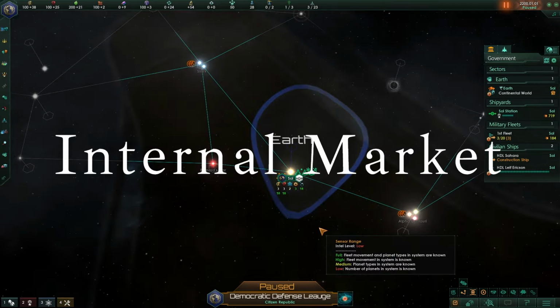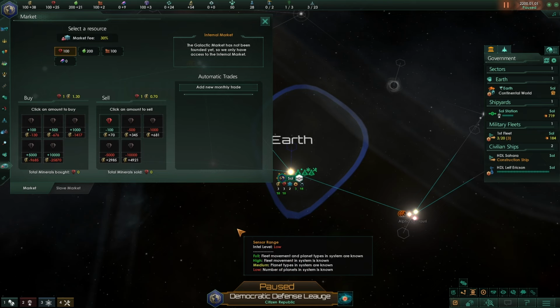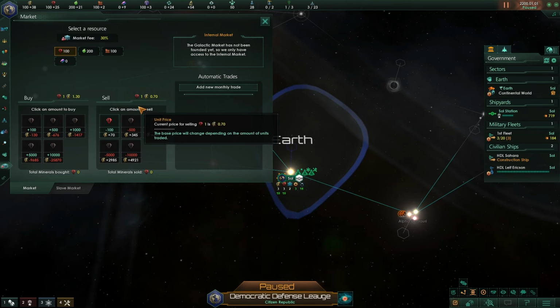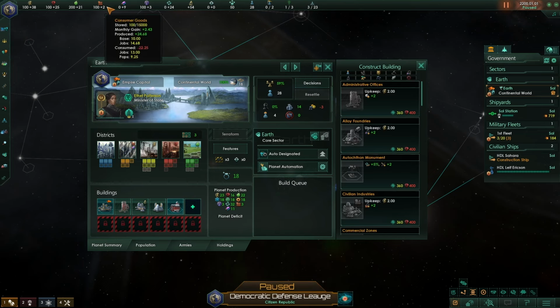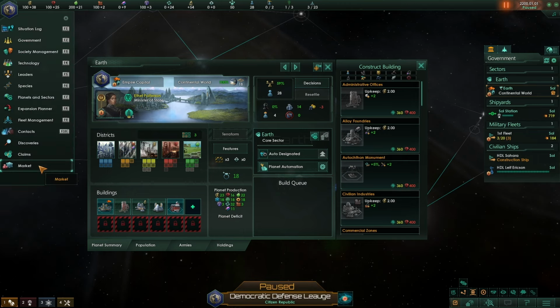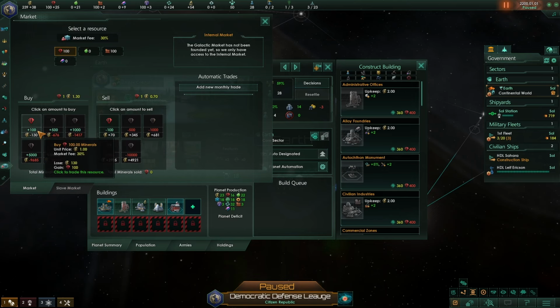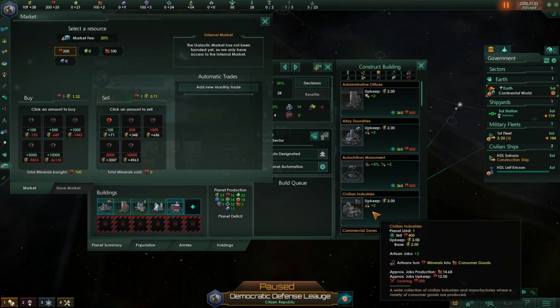The last thing you want to do is look at your internal market over here. If you have found yourself in a situation where you desperately need resources, you can immediately start trading for them in this tab. If, for example, you were in desperate need of minerals to build a building that would fix one of your resource shortages, let's just say you needed consumer goods and you wanted to build a civilian industries as quickly as possible, you could use your internal market to go ahead and sell the food that you have and buy minerals. Now, as you can see, it didn't give us enough minerals to actually buy the civilian industries,